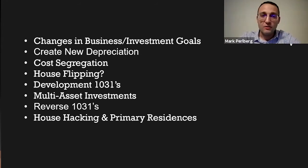This client was planning to purchase roughly an $800,000 FHA leveraged house hack, where the client was going to live for free for the remainder of the time there. It was a beautiful place on the lake, just amazing. And then I thought to myself, well, hey, wait a second. The majority of this property is going to be business. Even though we're using FHA financing and living in it, we're still buying business property